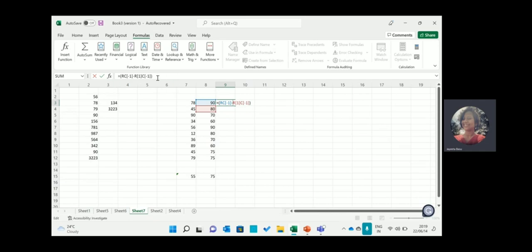Now, the brackets are important and the minus is important. As you can see, there is no subtraction formula. Even here, if you look at the recently used, you see sum, you see average, but you don't see subtraction. Does that mean that Microsoft Excel does not use subtraction, or people don't use subtraction in Microsoft Excel? Well, you are wrong. Subtraction is something that is used, but not as frequently. So let's say if you're trying to get the basic addition and differences of the numbers, you can just select the cell range, for example,